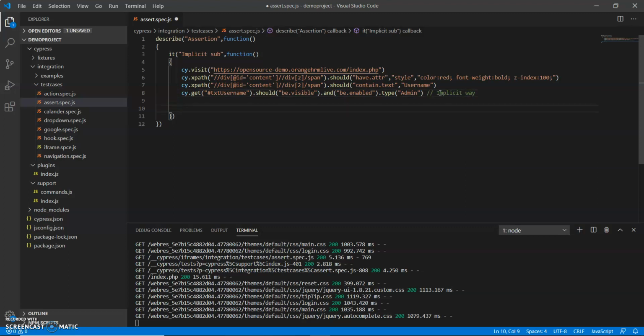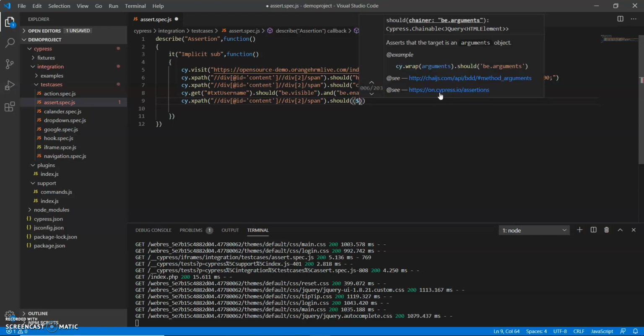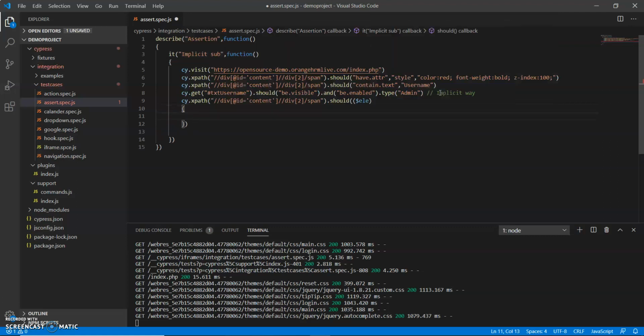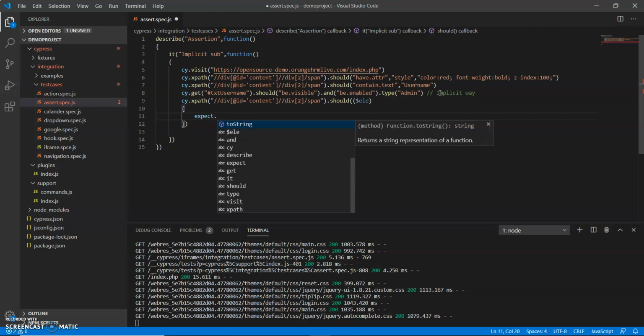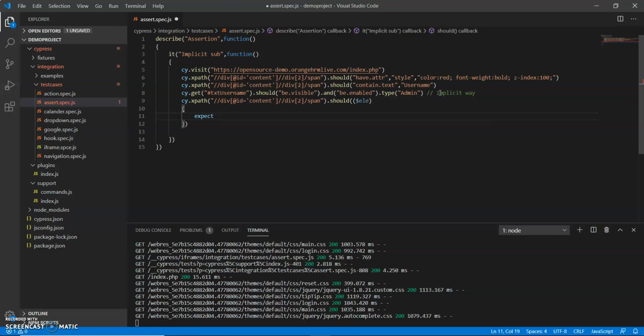So for explicit wait, I use the same XPath and will show you how it will work. So for explicit wait, I'm using the same XPath and put should, and here I use jQuery syntax, and here I use expect and put element ele and enter.